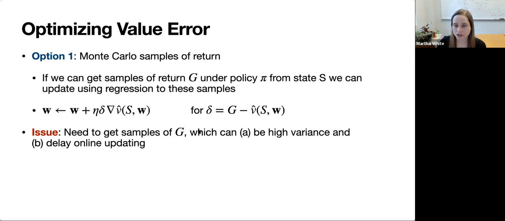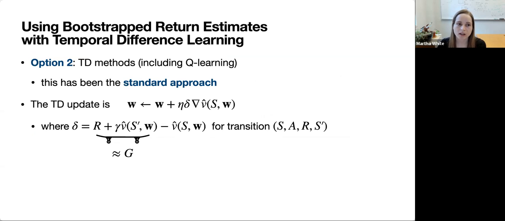And the other problem is that these returns themselves can be high variance. And so even if you're okay with waiting, they still may not be the right choice. Instead, the much more common choice is to use methods that bootstrap. Okay, and so here the idea is instead of using actual unbiased samples of the return, we're going to use a pretty coarse approximation to the return, but it's going to work reasonably well,